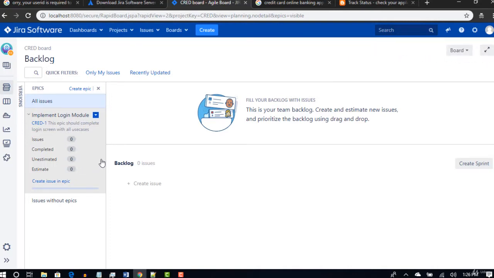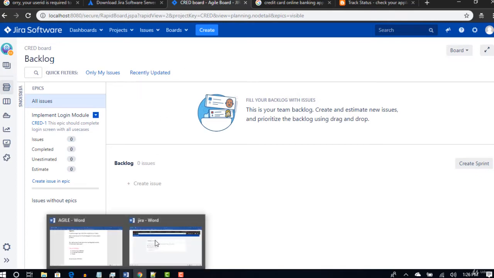Now let's create stories for that epic. First I'm going to explain how to create a user story, and then let's think about how many stories we can write for this login module epic. To make this epic a success, we have to come up with many user stories, a set of user stories for that screen.